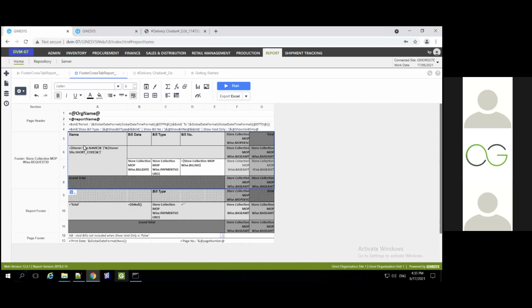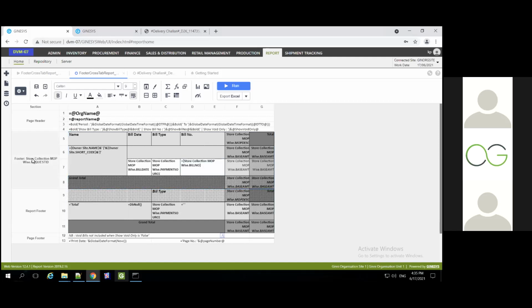What you can see here is that I've done a cross tab, and I want to see my information with respect to the MOP amount or store collection amount, and based on my store name, bill date, payment source, and bill number. I want to view this particular report. So that is why we have used a report footer with respect to the request ID.